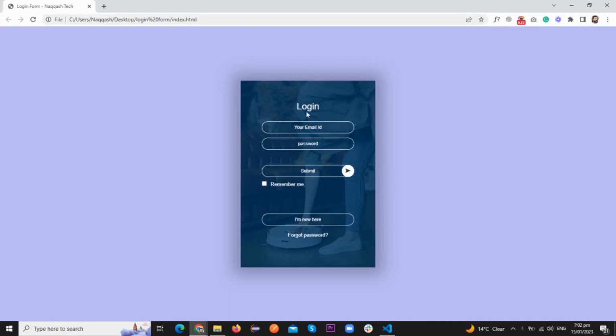Here you can see one login page. Here you can write your email. Here you can write your password, and here is one submit button, and here is one checkbox, and here is a